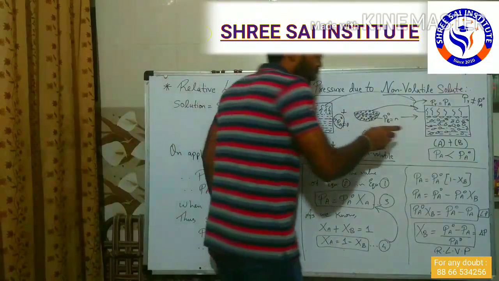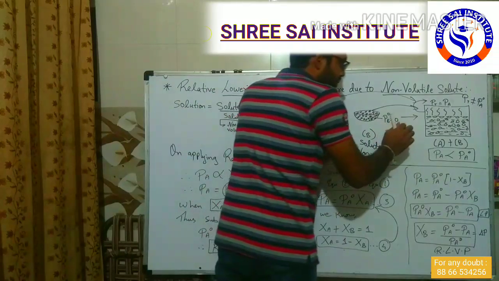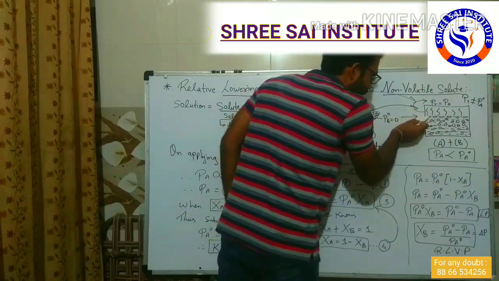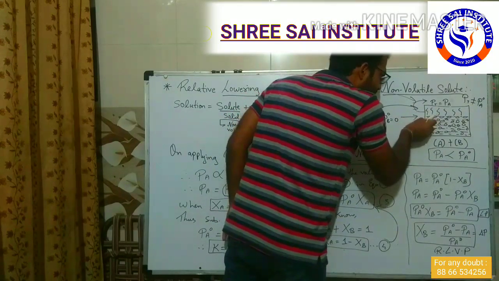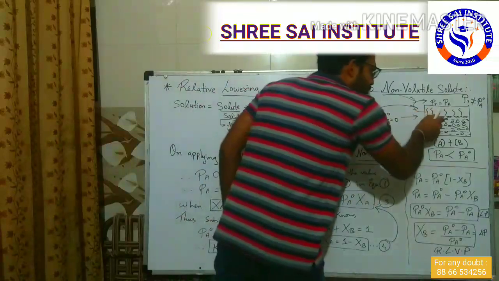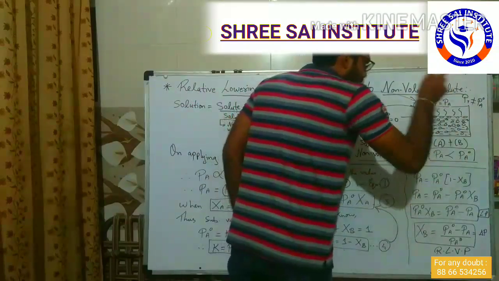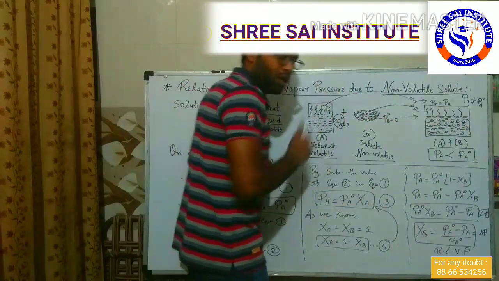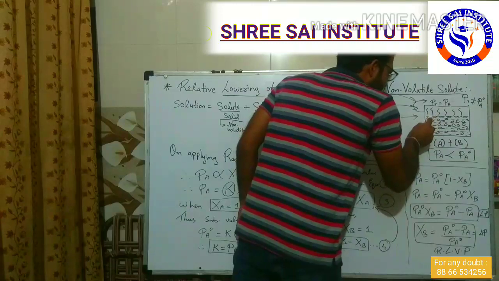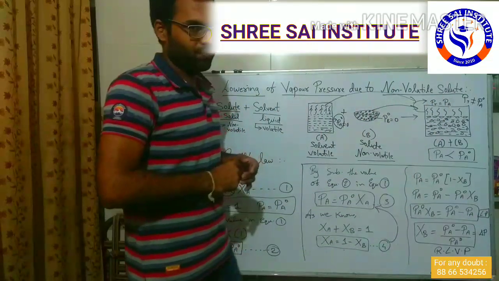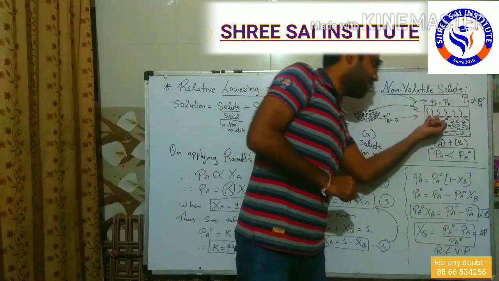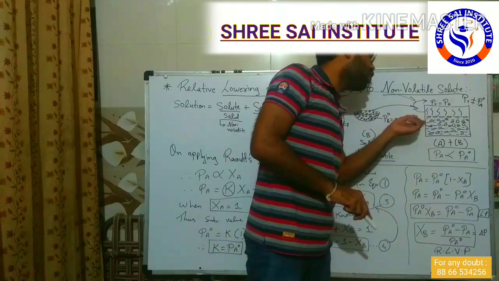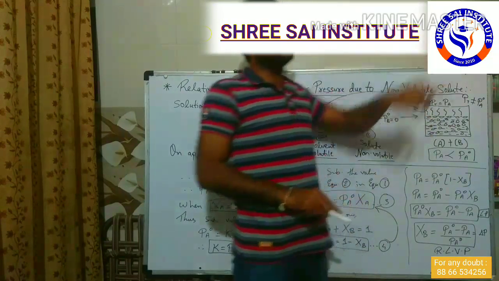When we apply some heat or increase the temperature, the solvent molecules, which are volatile in nature, get easily evaporated and create some vapor pressure. But on the surface some non-volatile components, that is solute molecules, are also present, which don't get evaporated, and they also do not allow the solvent molecules below them to evaporate easily.